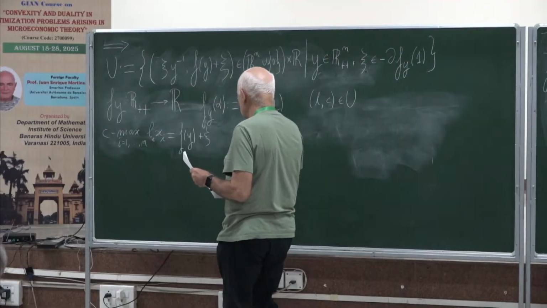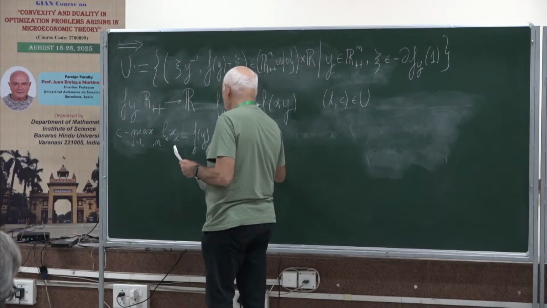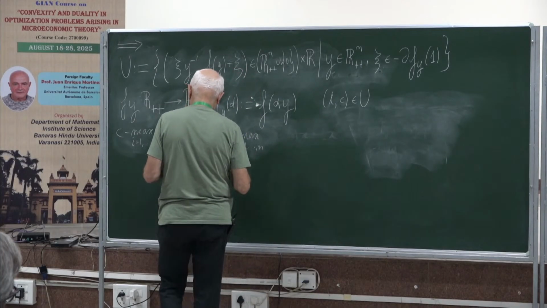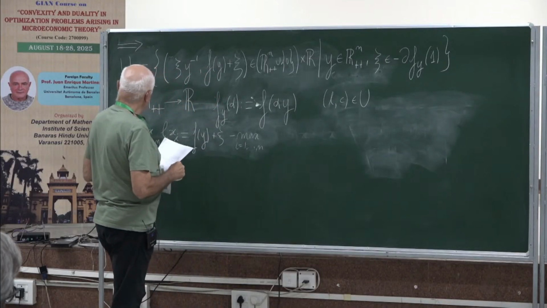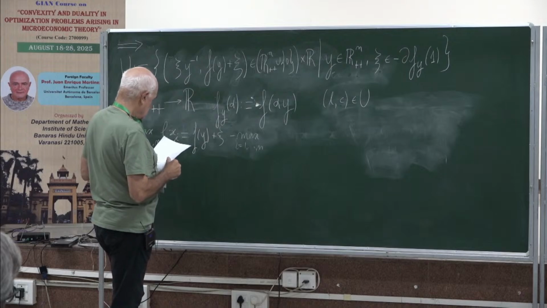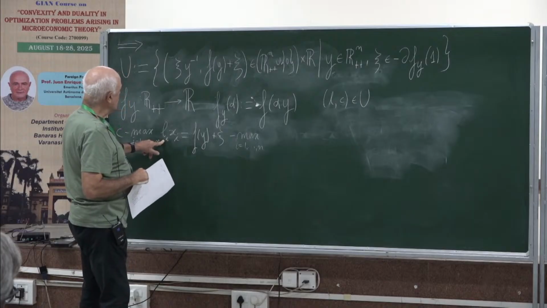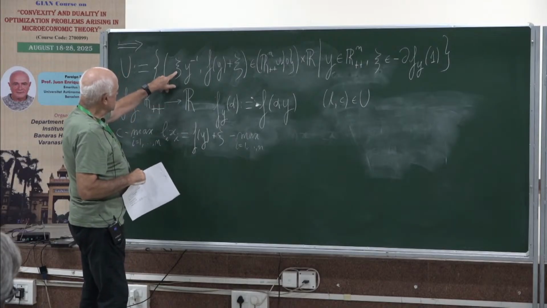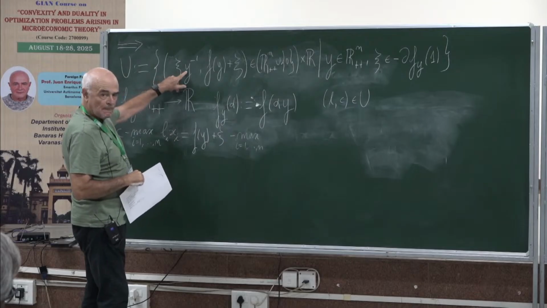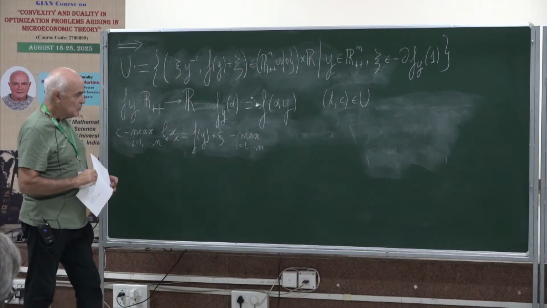Minus the max of. So what is Li? Li is C times yy to the minus 1. So when we plug it into here, we get